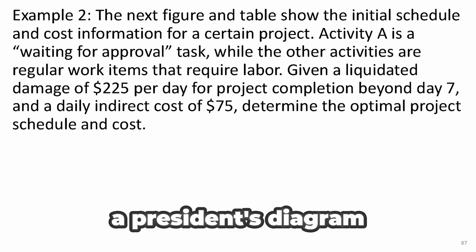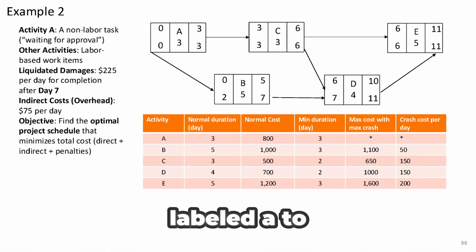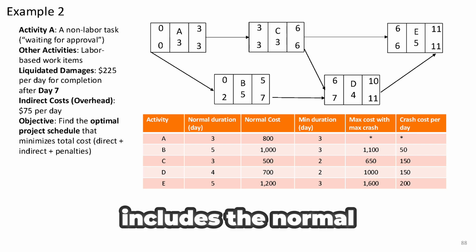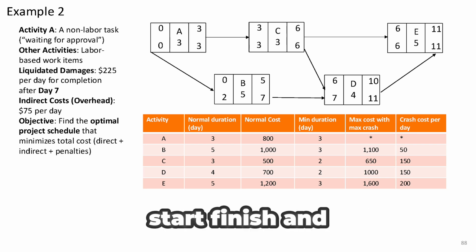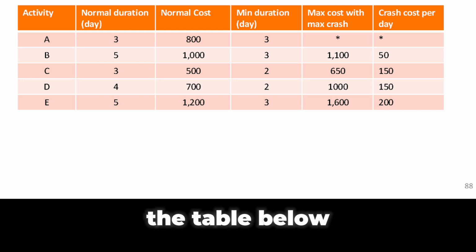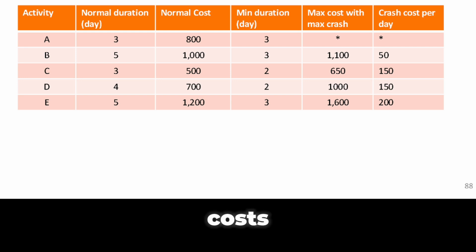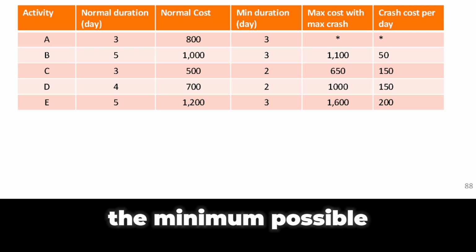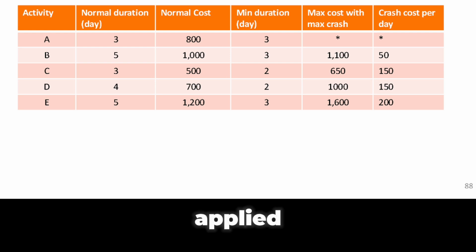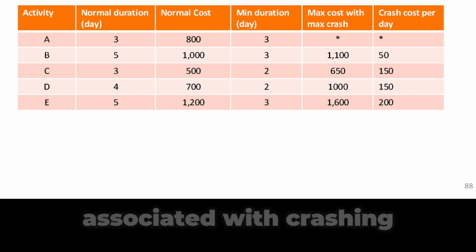You are given a precedence diagram schedule with 5 activities labeled A to E. The schedule includes the normal, non-crashed durations, along with early start, finish, and late start and finish times. The table below shows the normal durations and normal costs for each activity under standard conditions. It also provides the minimum possible durations when crashing is applied, as well as the maximum costs associated with crashing